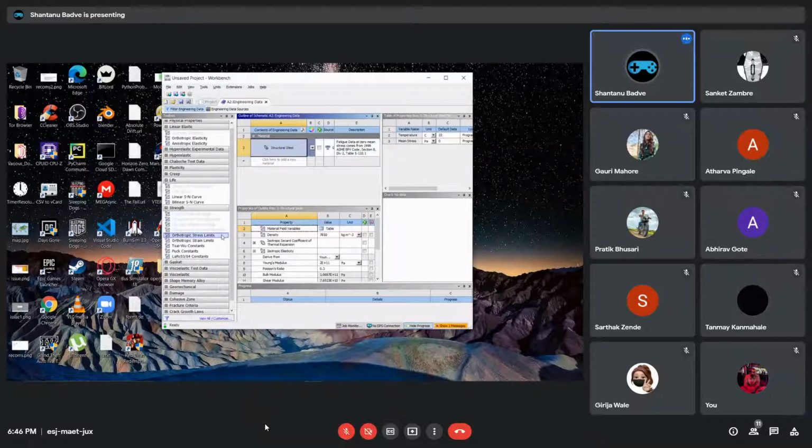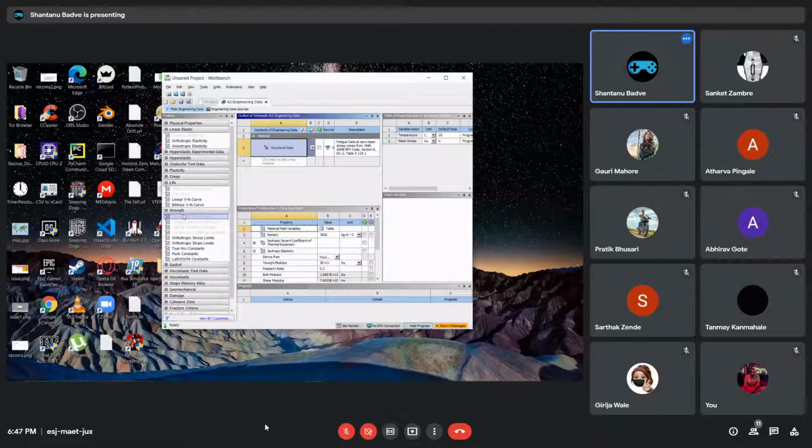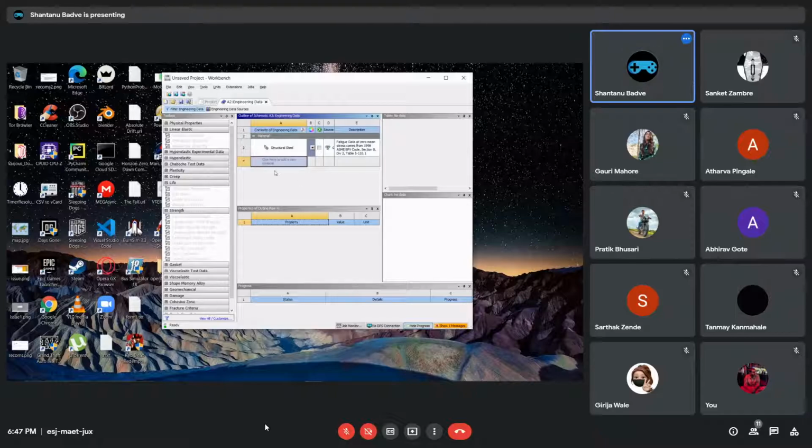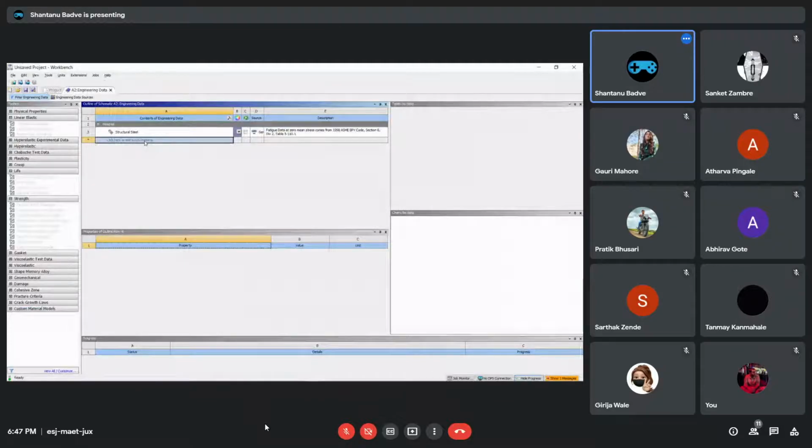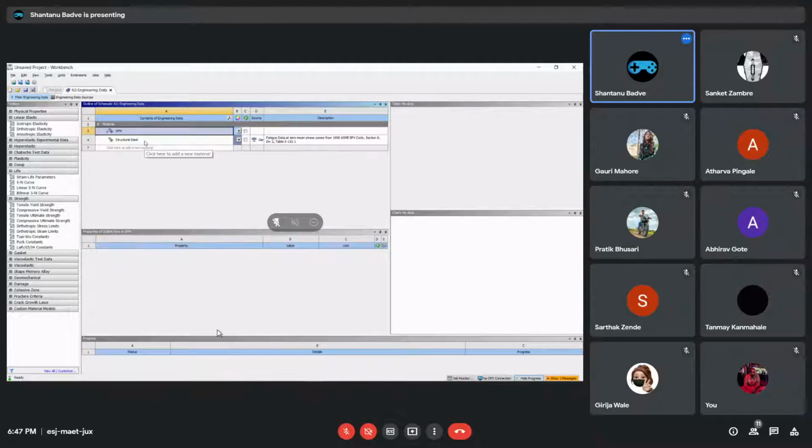And here you can see that there are a lot of materials and a lot of different properties in here. By default, there is structural steel in here. All right. We don't want to use structural steel today. We want to define our own material. So as you can see here, it's written, click here to add a new material, right? Just click on it and we'll enter the name. Enter. All right. Now it is automatically selected, but there is a small question mark in here, which basically means that the properties of this material are unknown to the software. So we will define some properties.